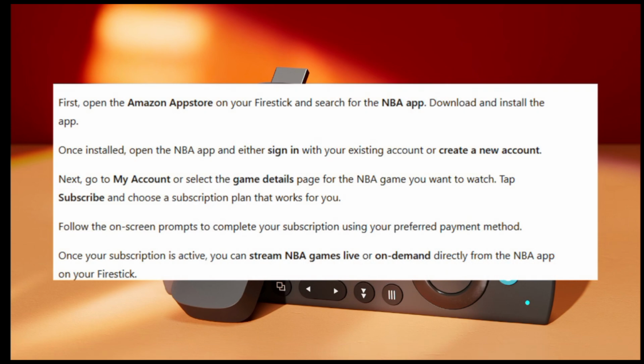So let's get started. First, open the Amazon App Store on your Fire Stick and search for the NBA application. Then download and install the application. Once the application is installed, open the NBA application and either sign in with your existing account or create a